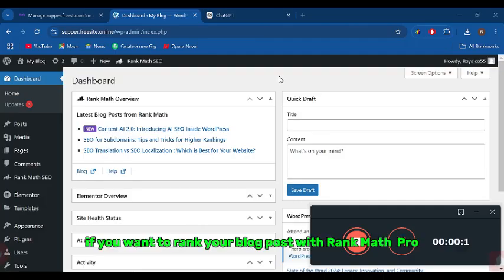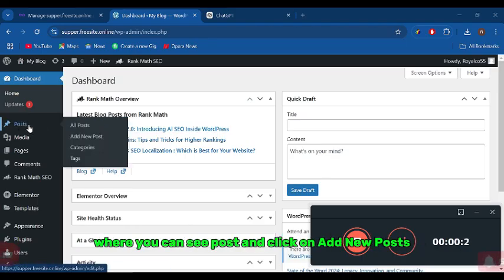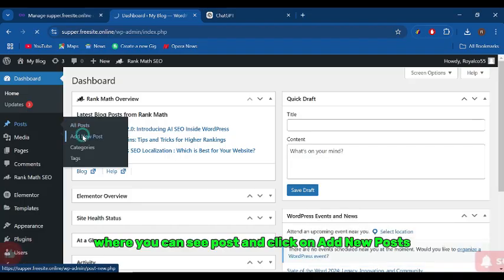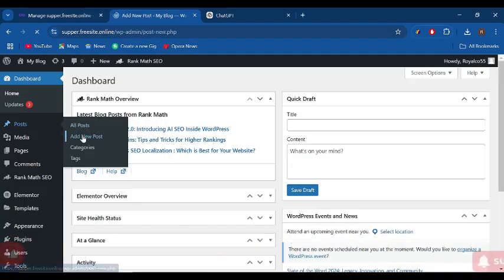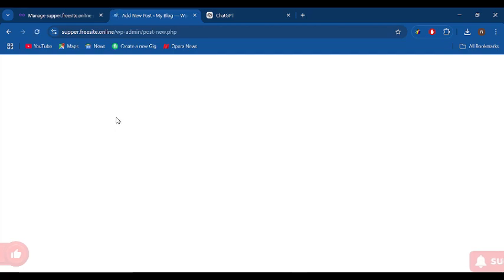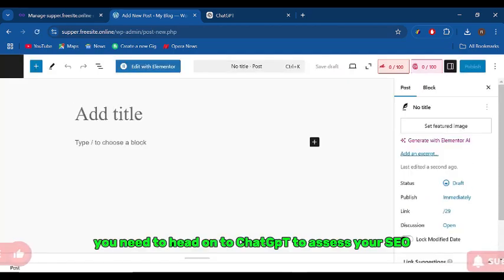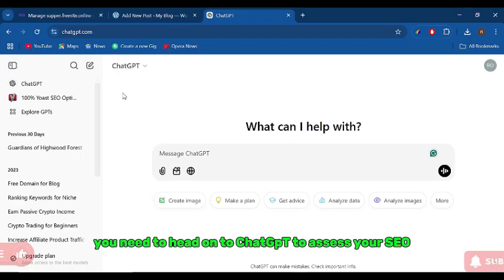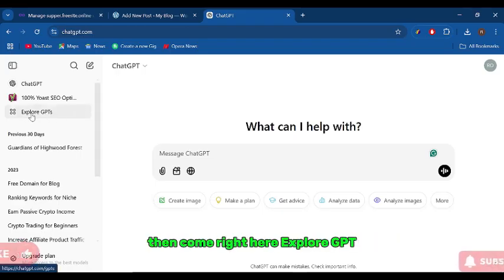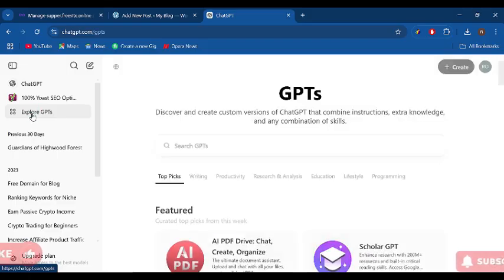Okay, if you want to rank your blog post with Rank Math Pro and Yoast SEO, what you need to do is to come right here where you can see posts and click on add new posts. After that, you need to head on to ChatGPT to access your SEO. Then come right here, explore GPT,